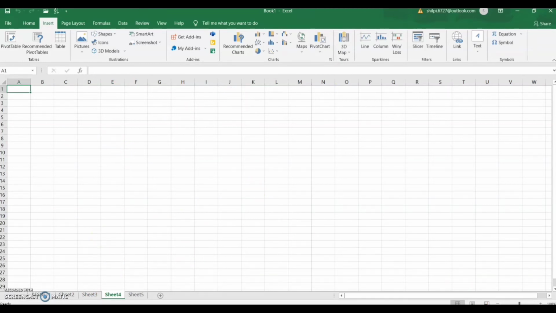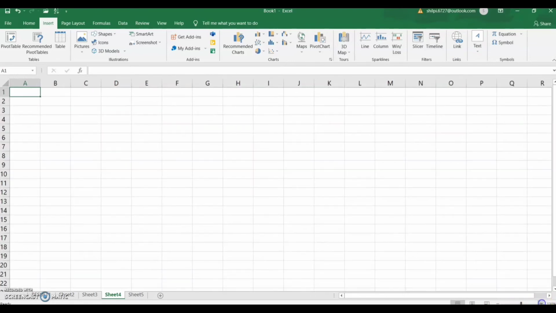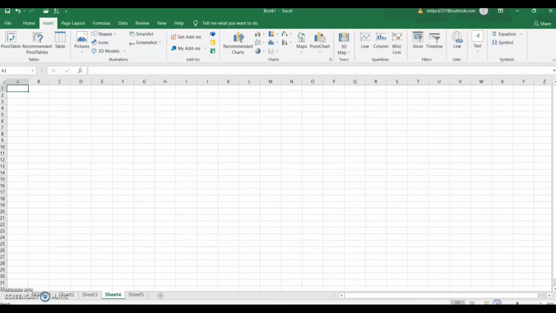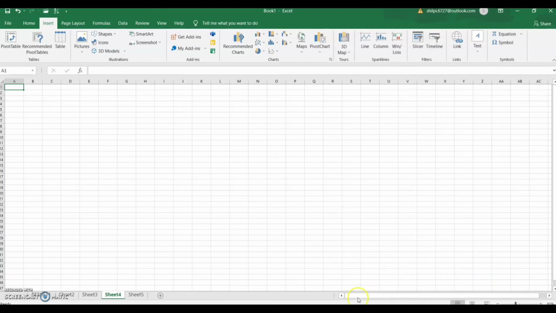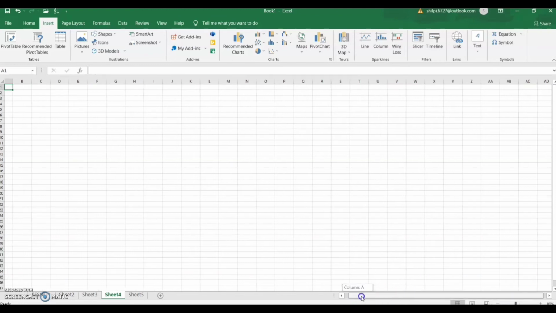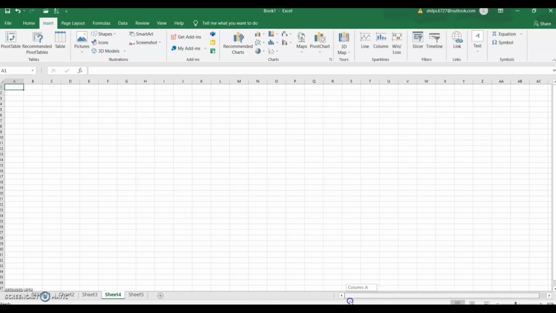Now on the right hand side at the bottom you have the scroll bars. If you click this plus, it will zoom in, and if you go to minus sign, it will zoom out. Then 2 more scroll bars are there, horizontal and vertical. You can go forward and backward using this horizontal scroll bar. Similarly with the vertical scroll bar, you can go to top and bottom of this sheet. Now at the top right corner you can see 3 options available for minimizing, for restoring and for closing the window. So you can use these options.